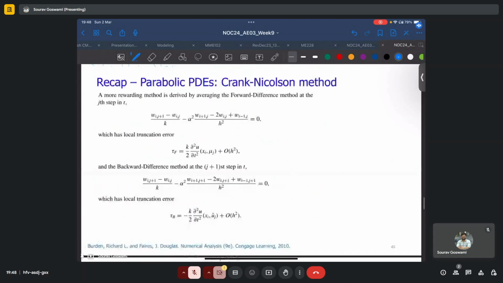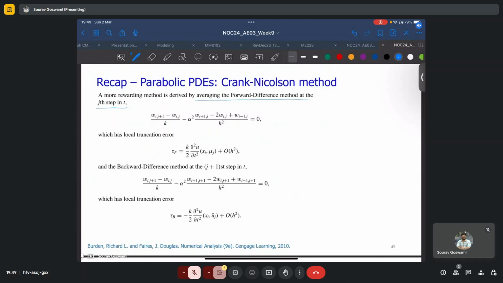We spoke about forward difference and backward difference methods. Let us also discuss perhaps a more efficient way to solve this, which borrows from both of these methods. So a more rewarding method is derived by averaging the forward difference method at the jth step in t, (w_i(j+1) − w_ij)/k − alpha squared (w_(i+1)j − 2w_ij + w_(i−1)j)/h squared equals 0,